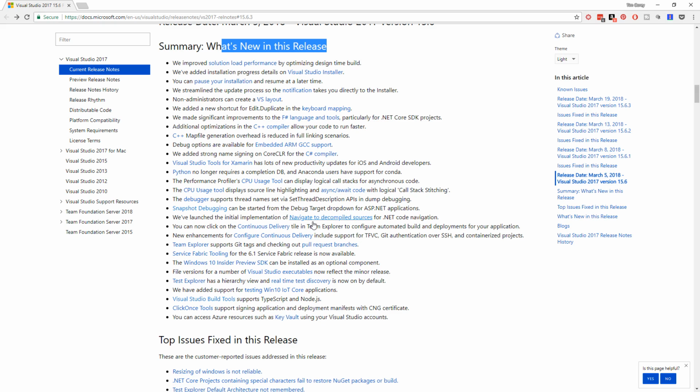And so you might read through that and go, I've been wanting to do that. Well, they'll explain in more depth how to do it. And you'll have a better idea of how to use those things now. Because if you don't read these release notes, you're going to miss it. And if you miss it, you may go months or even years without knowing that Visual Studio can do something that would benefit you. So definitely, at least